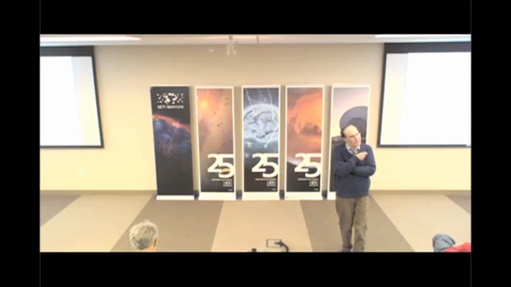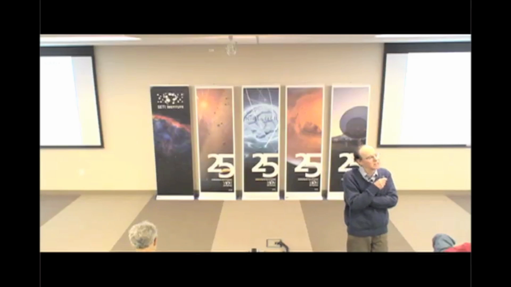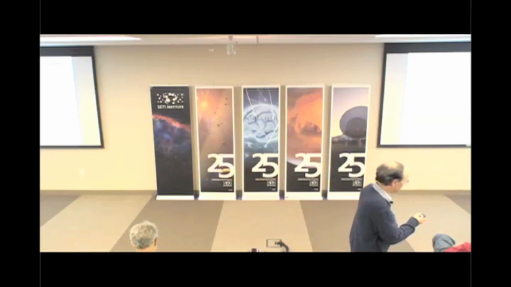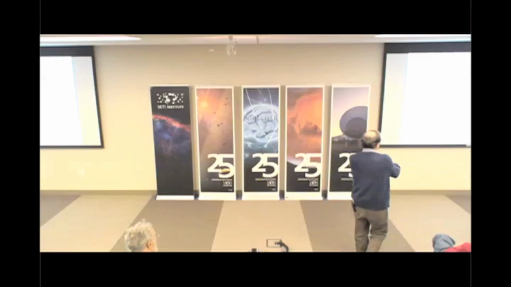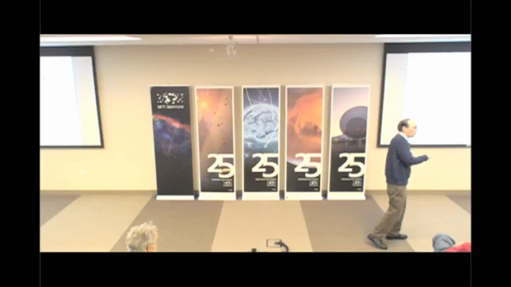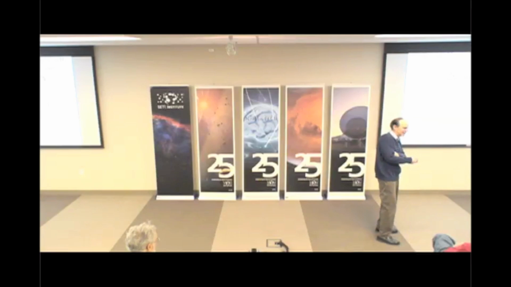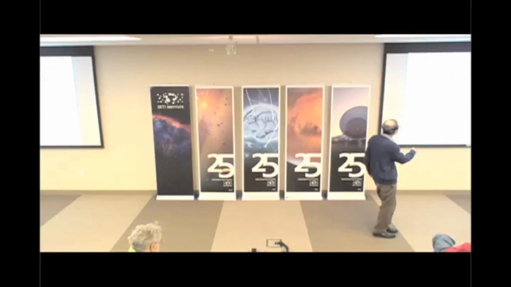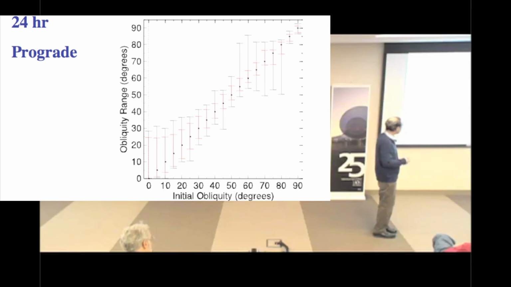So I'm going to show you now results of a large number of integrations. Up to now, I've shown you how the variations go in time. But the key thing here is what the total range is. Just a few degrees in these cases, a little more here, but still, the range is under 10 degrees. These are ranges, maximum to minimum, of a set